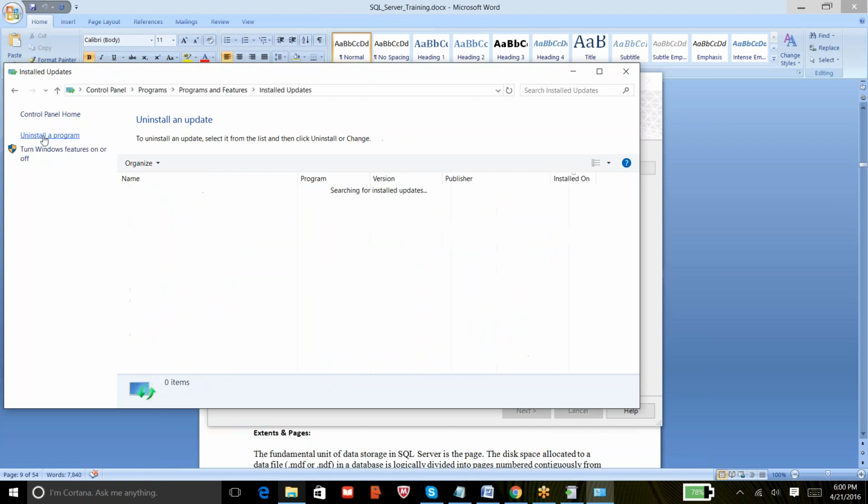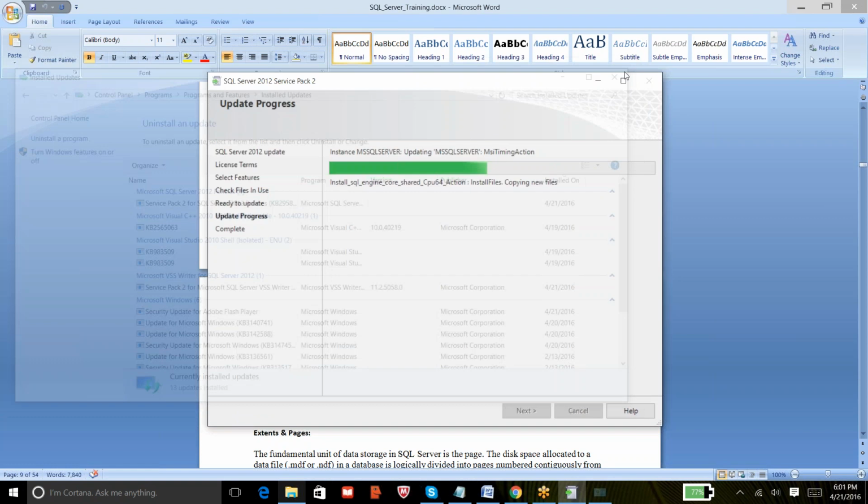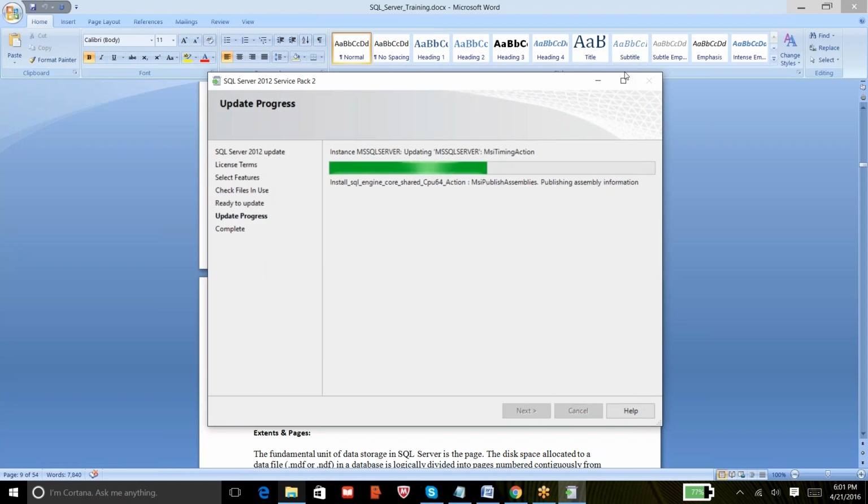Click on it and it will show you all the latest updates that were applied on your software. You can see here Service Pack 2 is being applied. It's still going on. So if the application doesn't like the service pack, you can always come here and do an uninstallation. It's not as tricky as in our olden days.